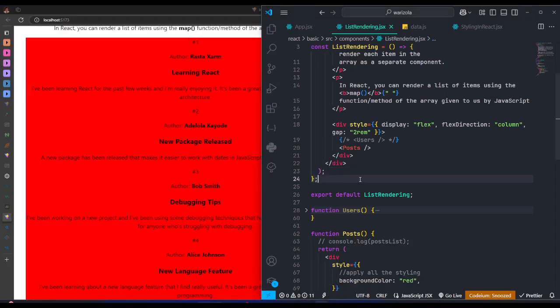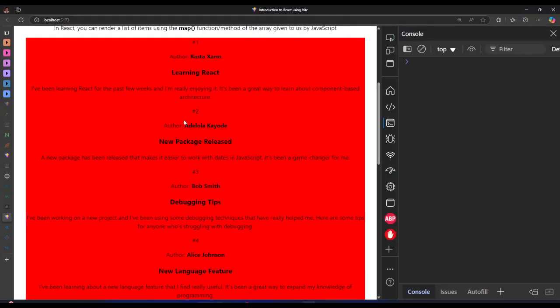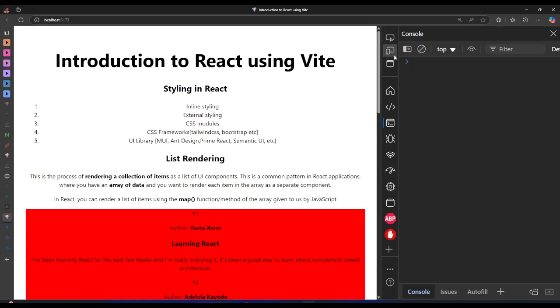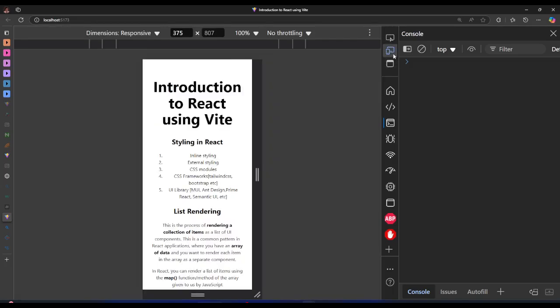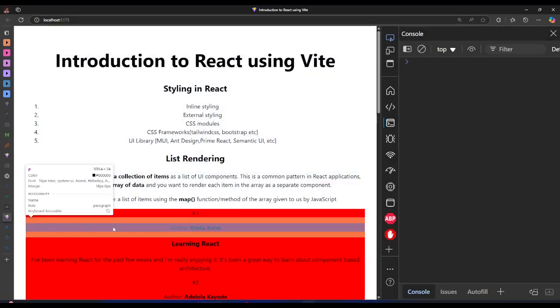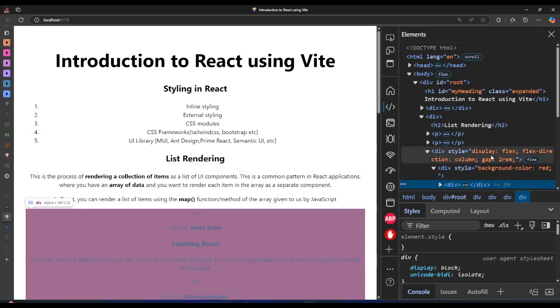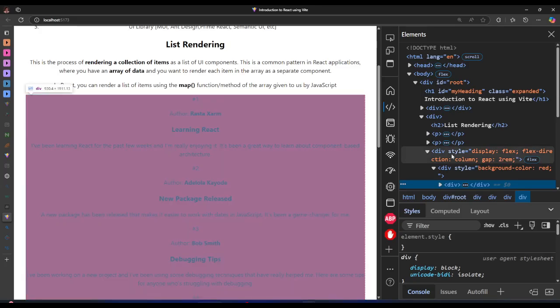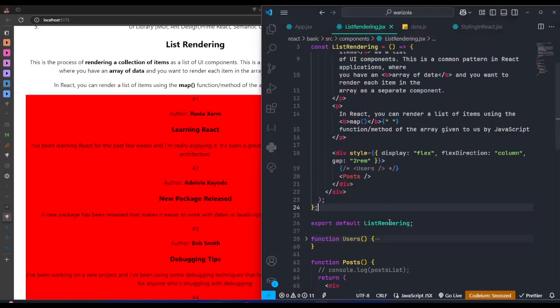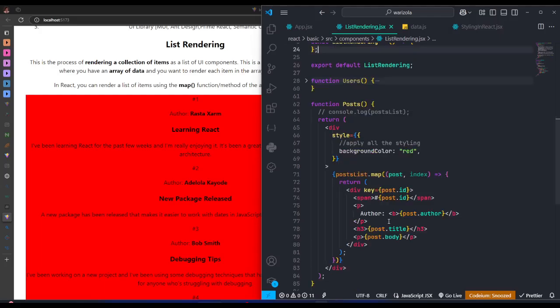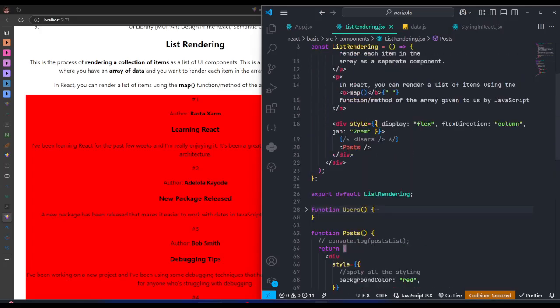But why am I not having the space from each other? So let me check what is going on the page. So let me inspect, not this. So I want to inspect. So as you can see, each one of them are here. So this is one, and we have this background. Then I have this display of... oh, now let me check. Oh, this is the problem. Yeah, it will never work. And the reason it's not working is because of the extra div that we have here. The styling that I'm putting here, let me move it down. It's actually supposed to be here. So let me move all of them down